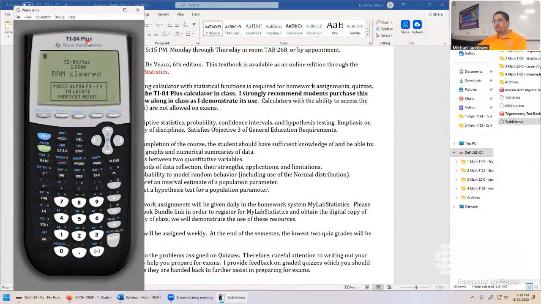So there's lots of different versions of the TI-84 Plus. Some of them have an LCD screen, USB charging cables, those kinds of things. If it's a TI-84 Plus, it'll do the job. Some of the screens might look slightly different, but it's all going to be 100% compatible.